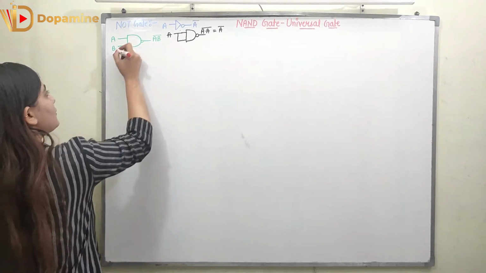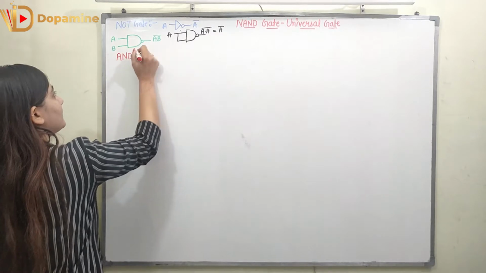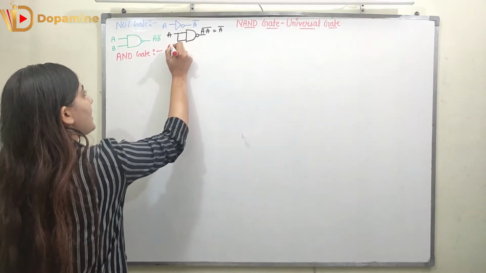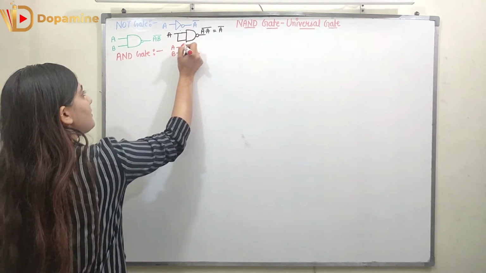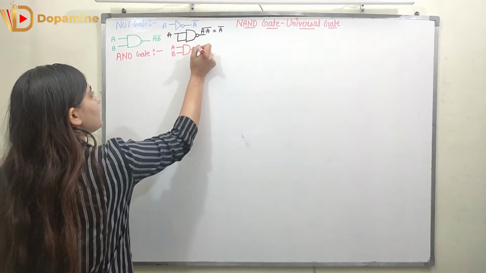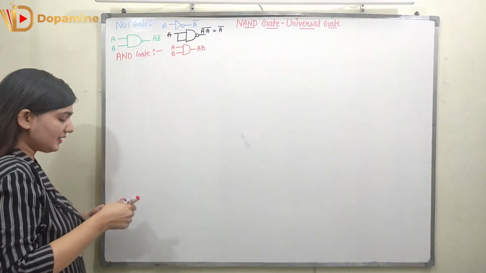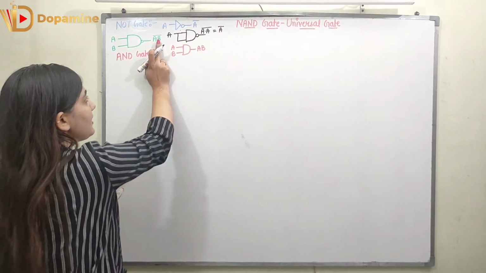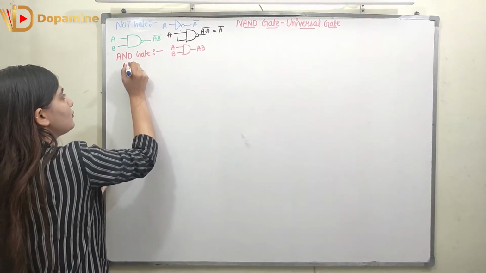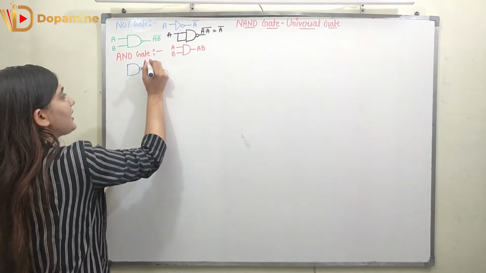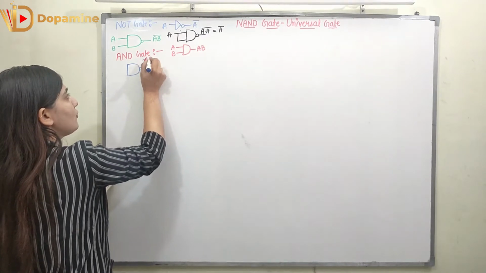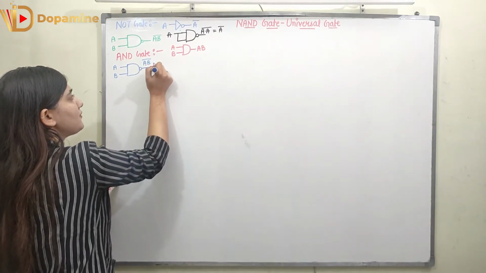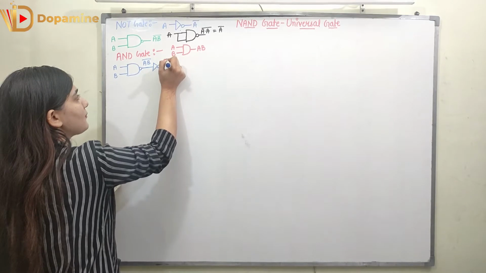Now we are going to talk about the AND gate. What is the AND output? So for AND output we have two inputs A and B. We are going to take an AND gate and the output will be AB. With the help of NAND gate, which output am I getting? AB bar. This is the output I am getting with the NAND gate. So what I am going to do, I am going to take a NAND gate, right? And the output is A, B whole bar if the two inputs are A and B. Right, what I am going to do, I am going to invert this output with the help of an inverter. I am going to get AB.